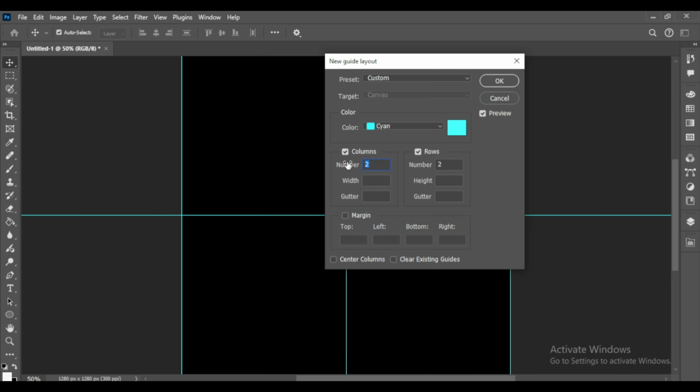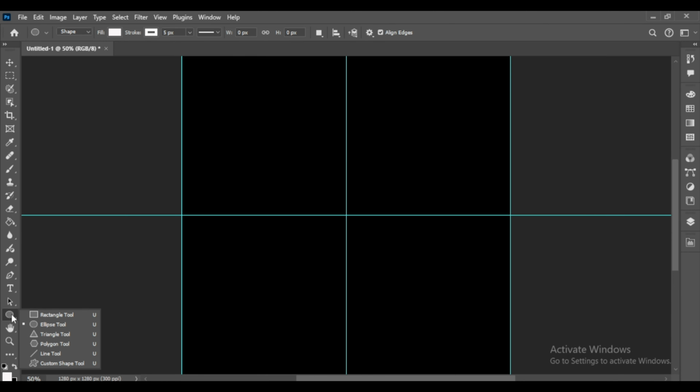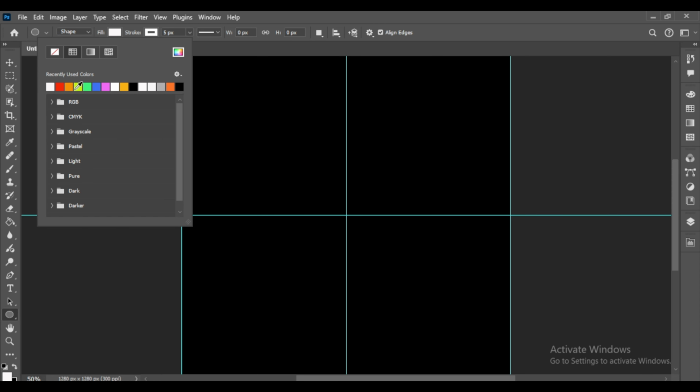select a number 2 and gutter is 0. Okay, now go to the shape tool and select the ellipse tool. Now select shape and fill color, any which you like,